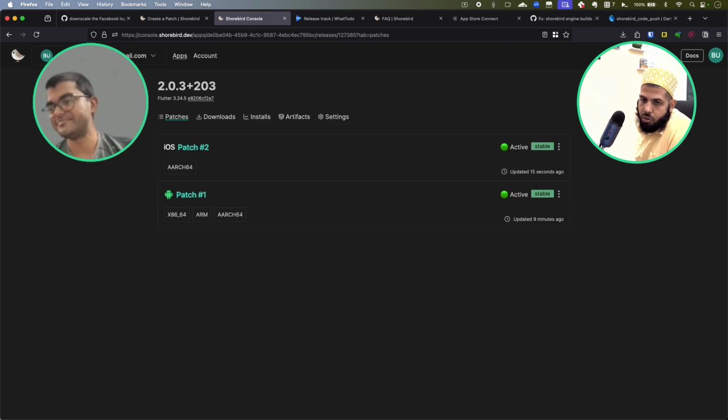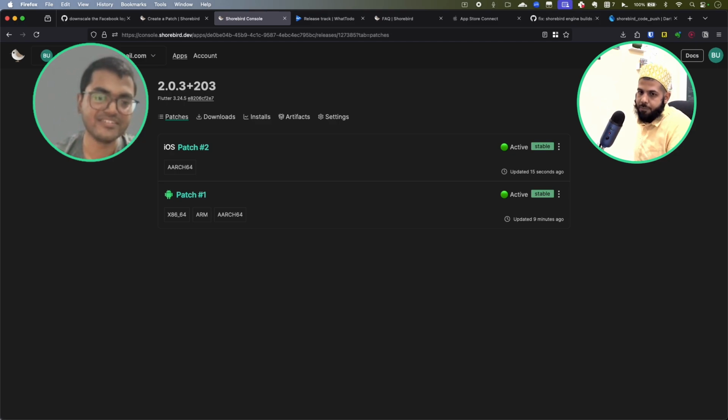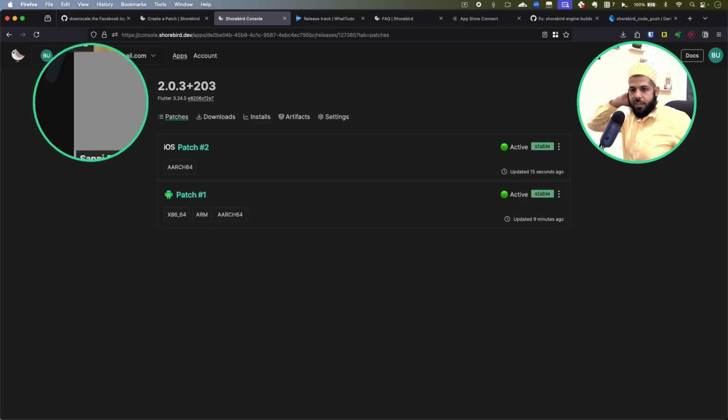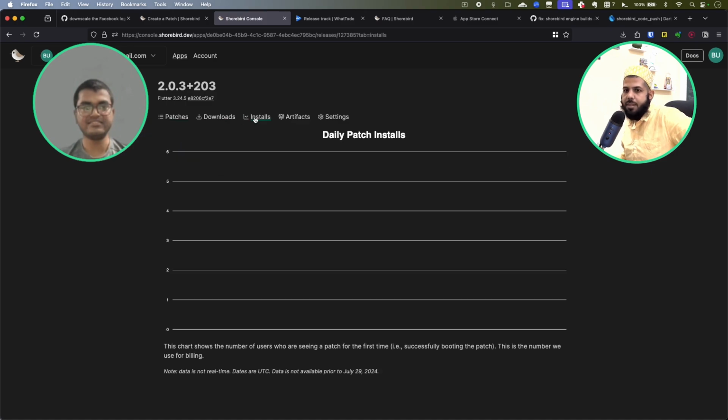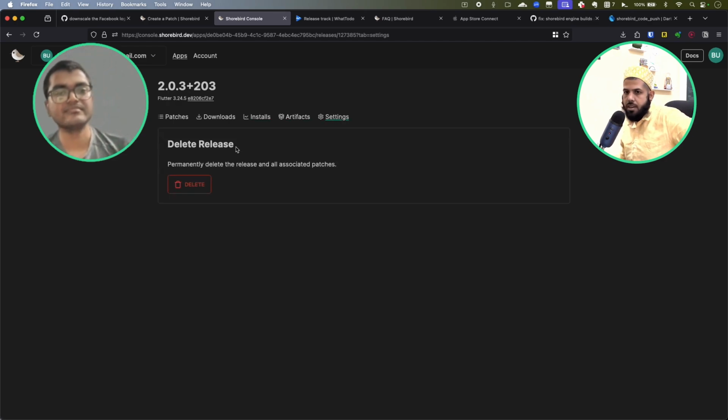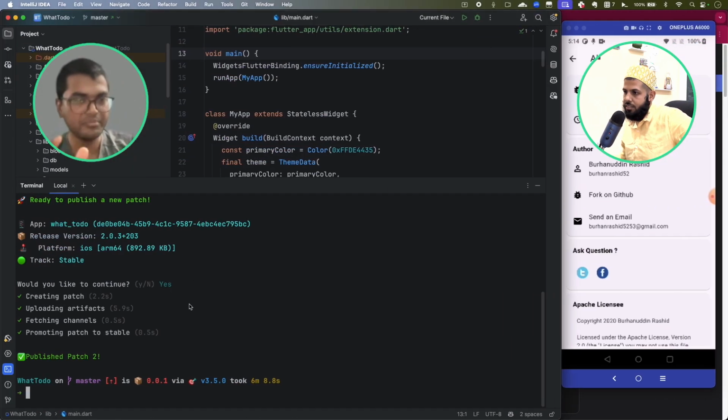set up Shorebird for the new app, and then we were able to push it on the store. So yeah, cool. So we have this, and I think they won't be showing installs directly here because it takes some time to get into the analytics. So yeah, and now it's our responsibility to also create an APK using the Shorebird command